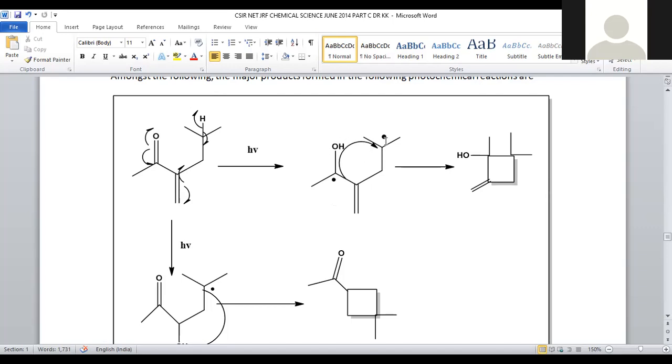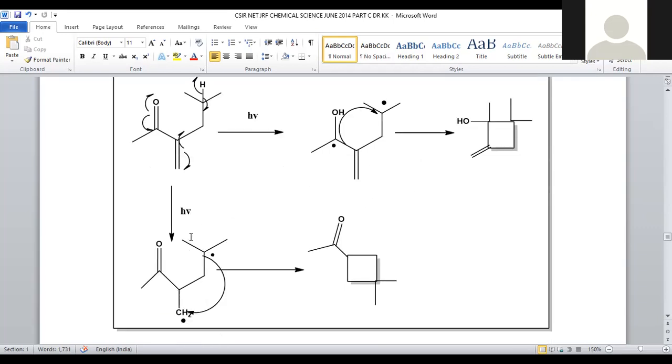And here the carbon radical and another carbon radical got cyclized. Cyclization carried out in between, so that 1, 2, 3, 4, we will achieve a 4-membered ring structure. And here you got OH, double bond, CH3, CH3, CH3. This is a cyclic system, one of the final compounds which is generated by the fission of this carbonyl. This carbonyl participated in the ring cyclization, and a 4-membered ring got generated with these many side chains. And one more pathway will be followed in order to achieve another 4-membered ring.